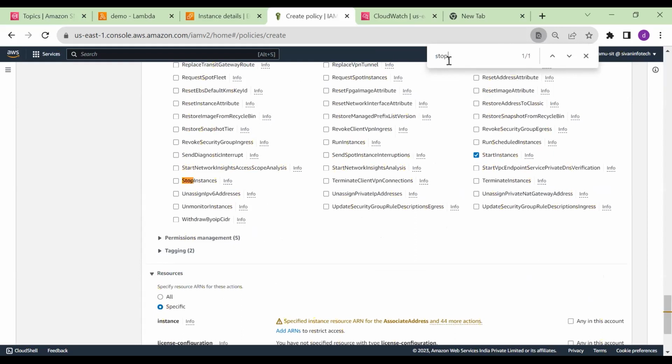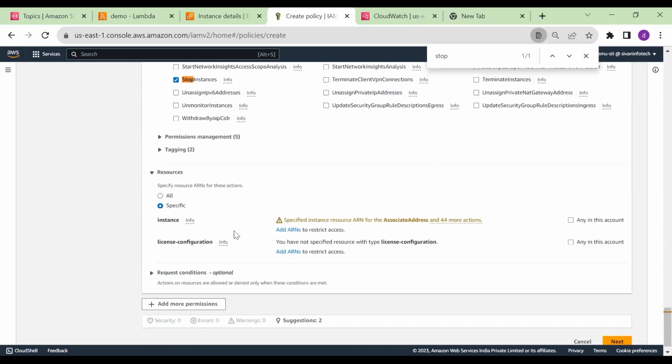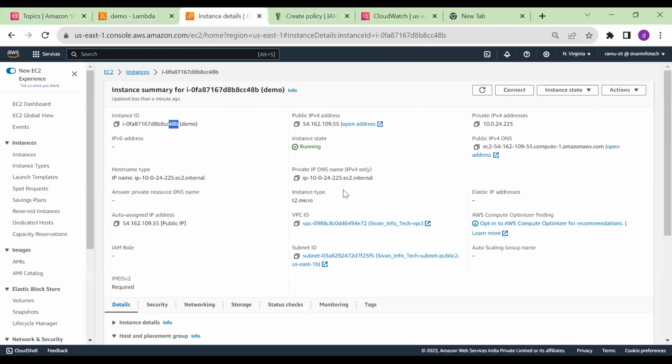Stop instance. Only these two are fine for me. I don't require any other policy on EC2. Here you can see specific instances will be there. Add ARN and other instance. So when you add this instance ARN here,